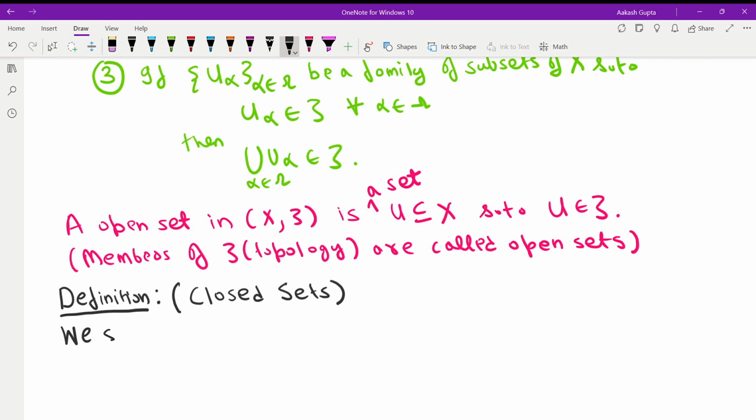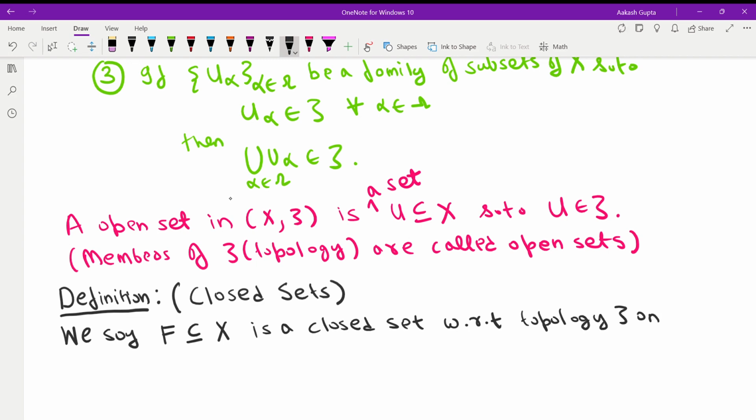We say F contained in X is a closed set with respect to topology tau on X. Another way to write, in a compact format: F contained in X is a closed set in the topological space (X, tau) if